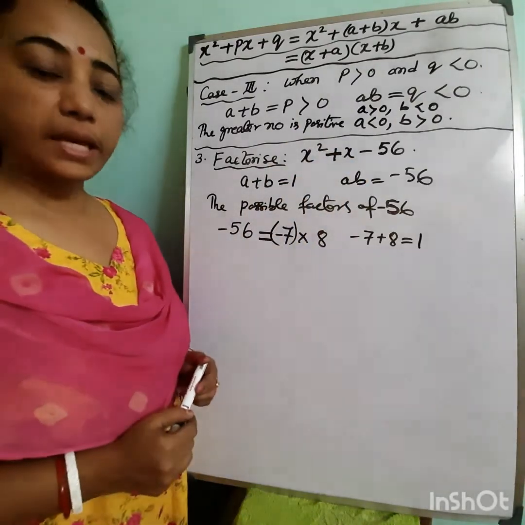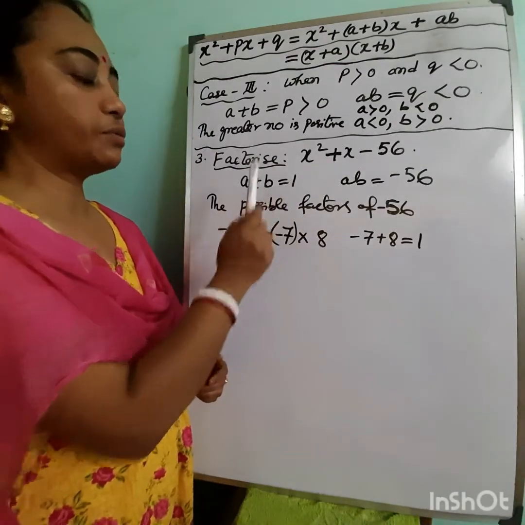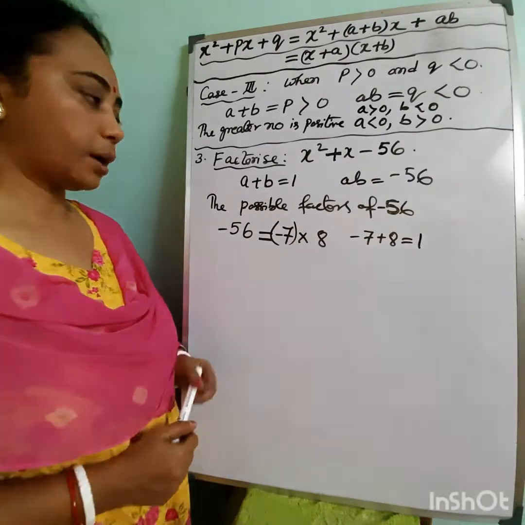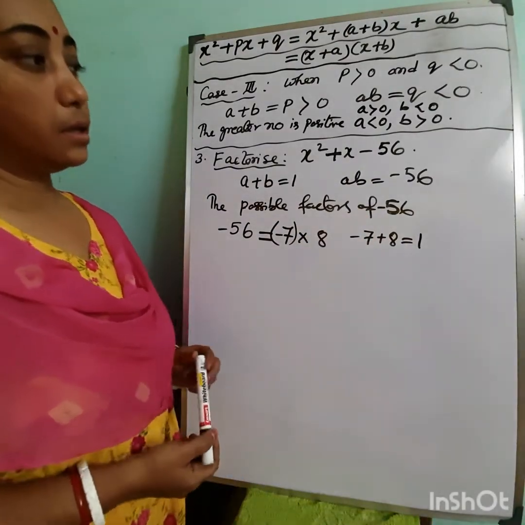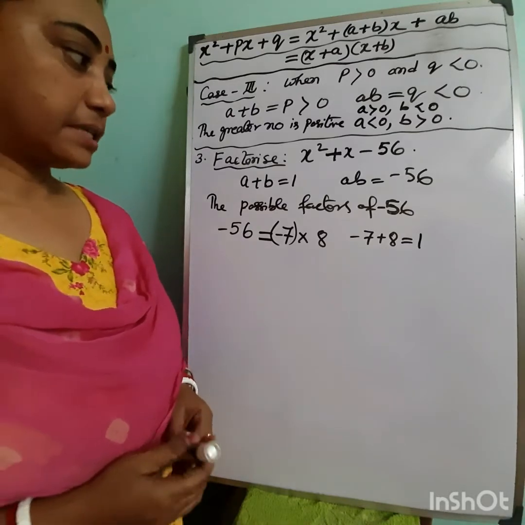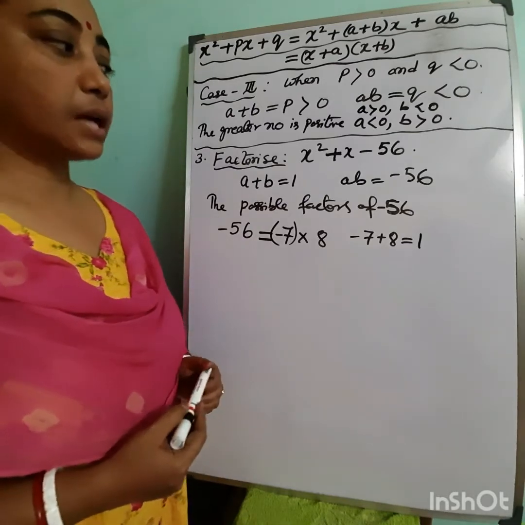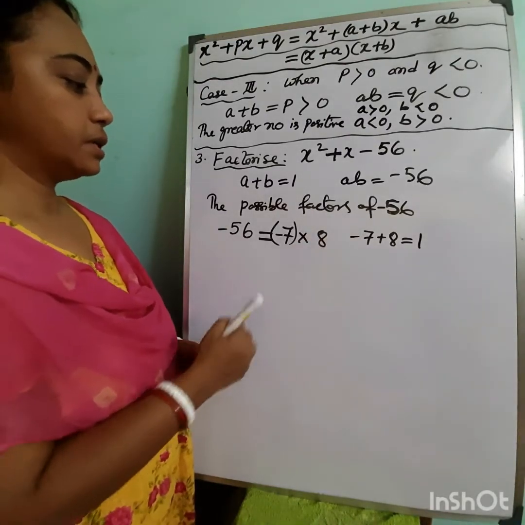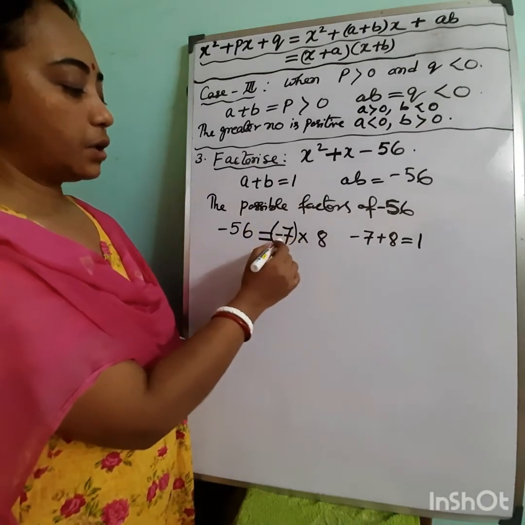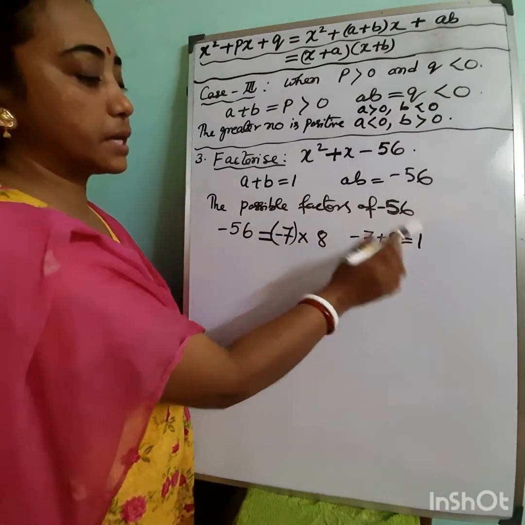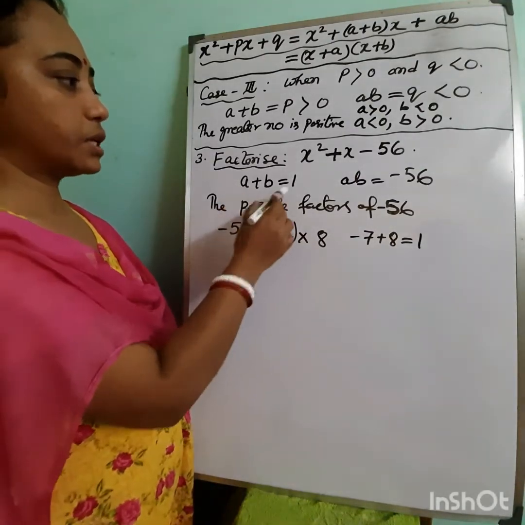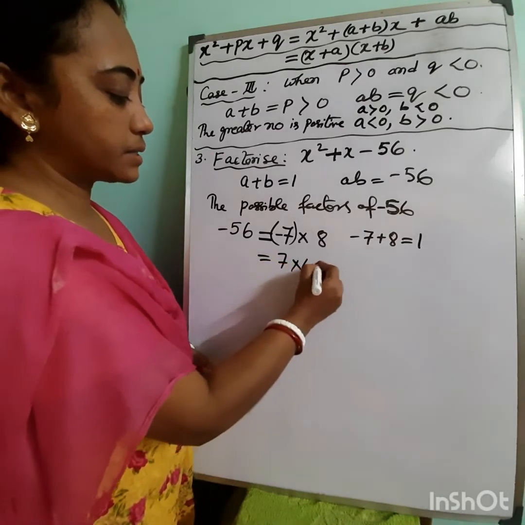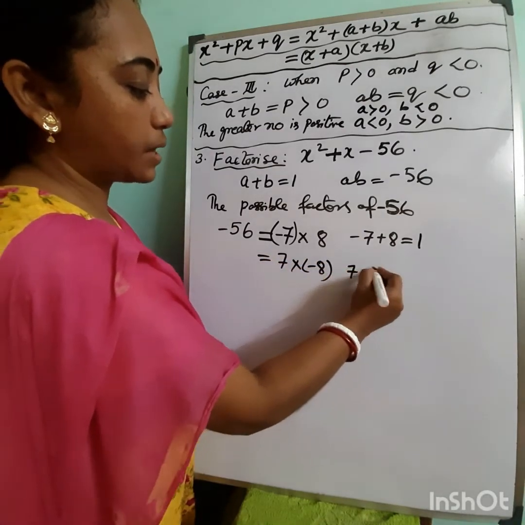So we take two numbers a and b such that a plus b is equal to 1, which is the coefficient of x, and ab is equal to minus 56, that is the constant term. So we find the two factors a and b of minus 56 such that their sum will be 1. So the possible factors of minus 56 can be 7 multiplied by 8. Now if we put minus 7 here, then minus 7 plus 8 is equal to 1, which is satisfying the given condition. But if we write here 7 multiplied by minus 8, in that case 7 plus minus 8